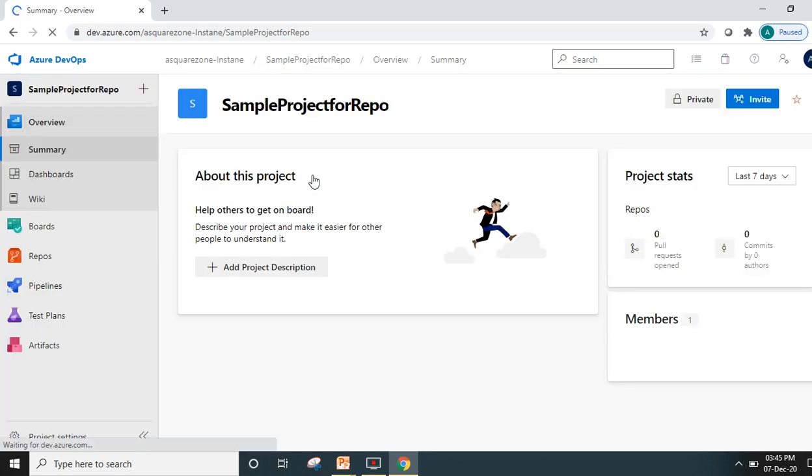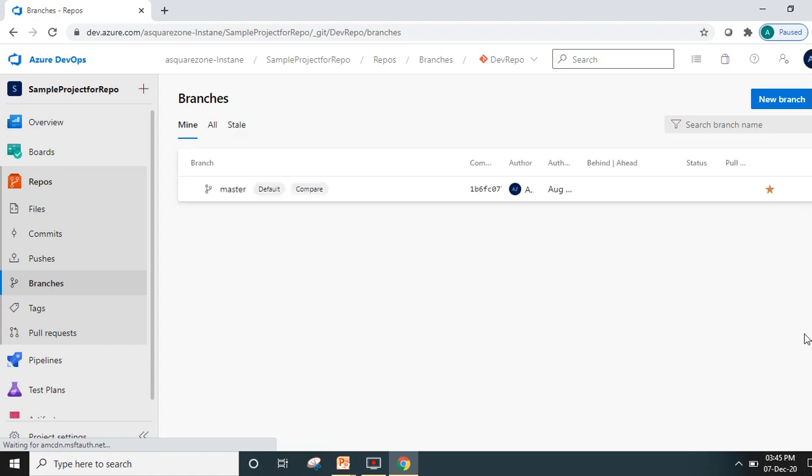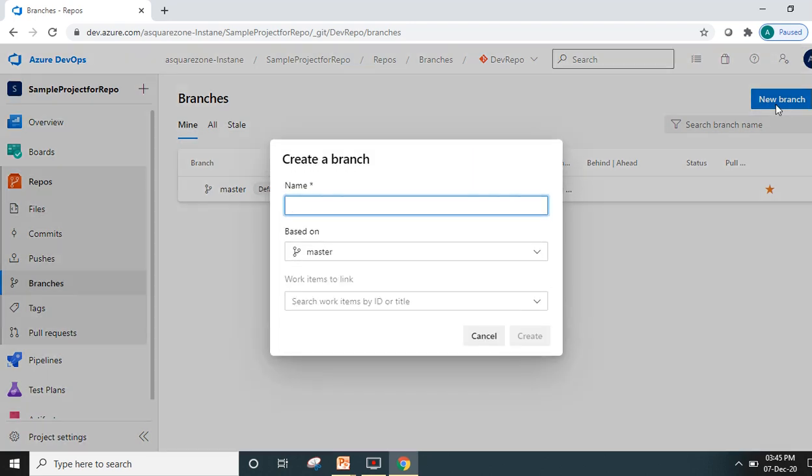After entering my project, we have repos here. From here, we have the branches option. Using branches, as I told you earlier, master is the default branch. Using the new branch button here, we can click and we get this pop-up.